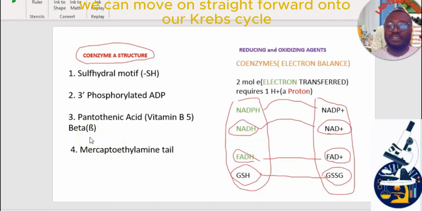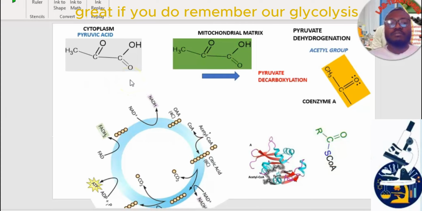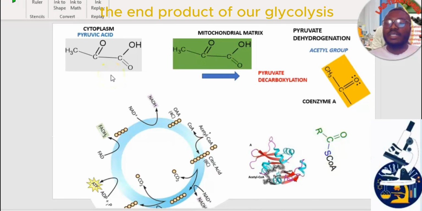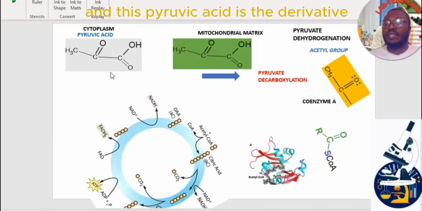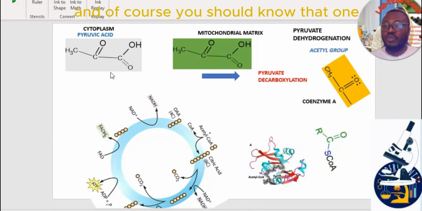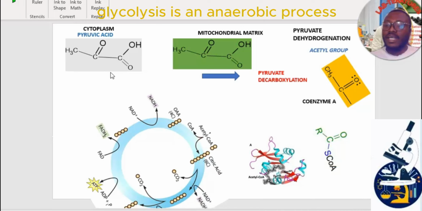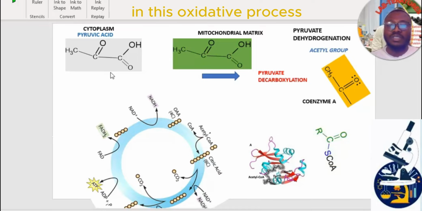Now we can move on straight forward onto our Krebs cycle. Great. If you do remember our glycolysis, the end product of our glycolysis was the production of pyruvic acid, and this pyruvic acid is the derivative that begins the Krebs cycle. And of course, you should know that 1. Glycolysis is an anaerobic process. 2. It occurs within the cytoplasm, and 3. It is not the maximum ATP produced in this oxidative process of ATP production in the human body, but rather